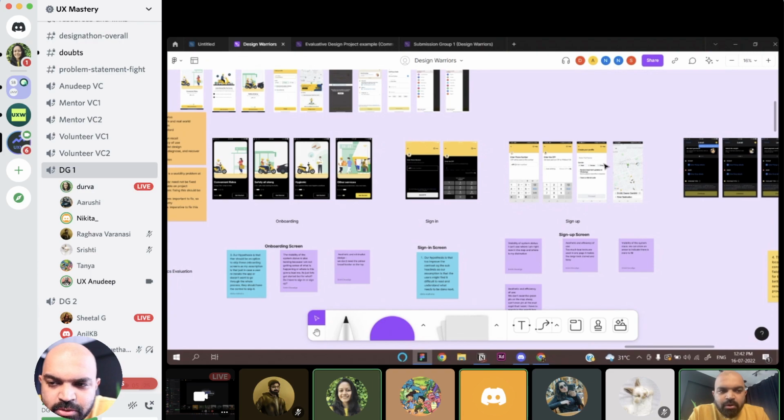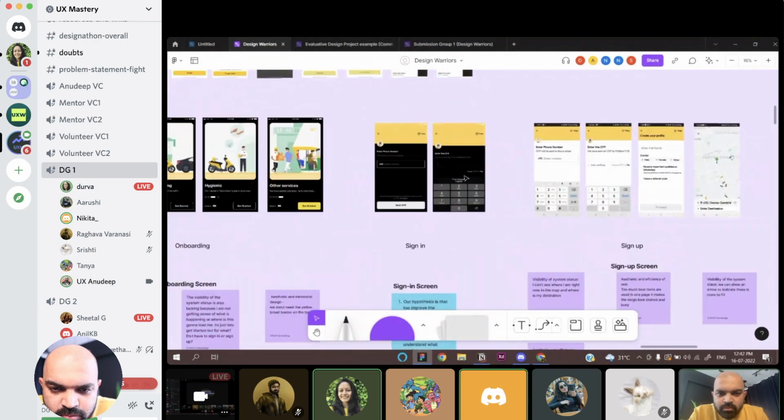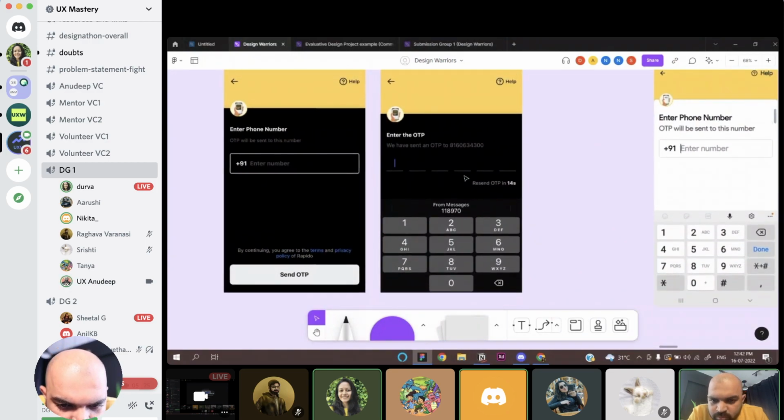Can you show the request OTP screen once quickly? Yeah. Fine, you can see visibility of system status can be made better here also. So yeah, not a problem. Go and show